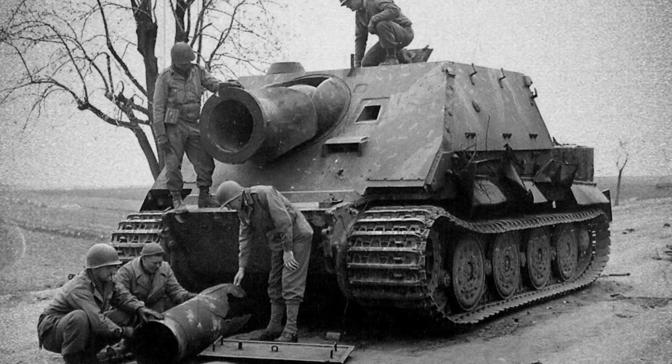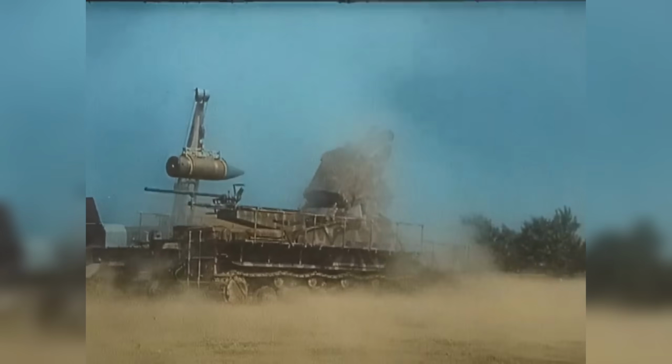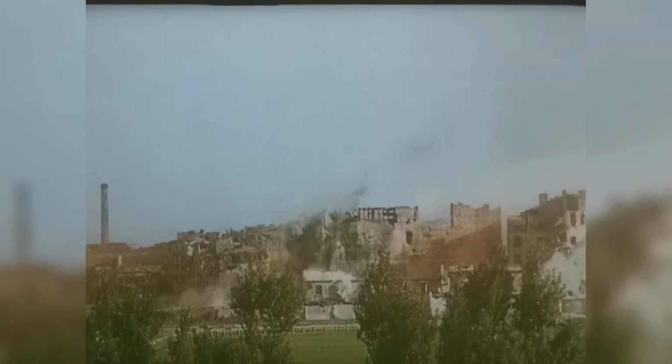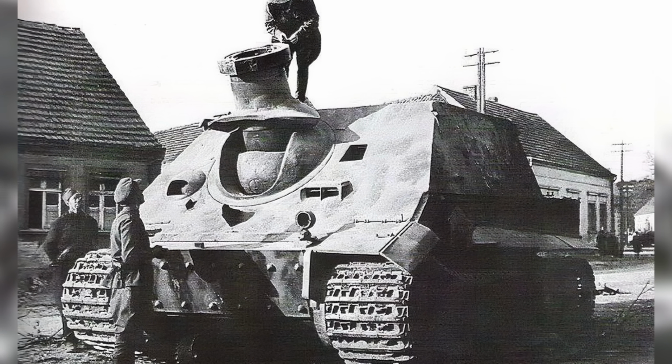The Sturmtiger is one of those bizarre weapons remembered simply because it existed. It combined a super heavy tank with a naval depth charge launcher and turned it into something capable of leveling entire buildings with a single shot. But using it in combat was just as strange and awkward as the weapon itself, and absolutely horrific for everyone